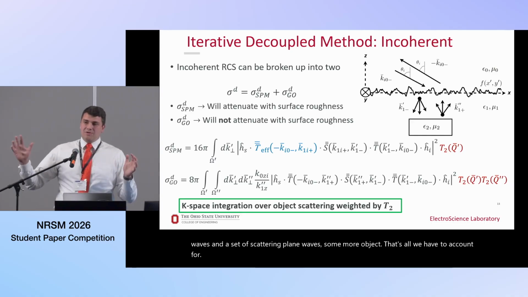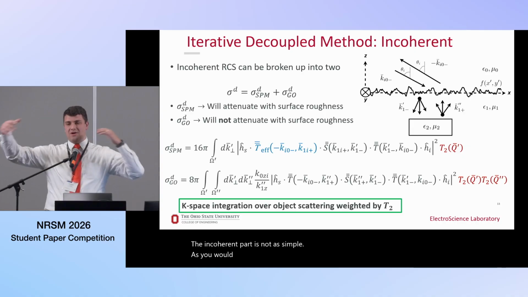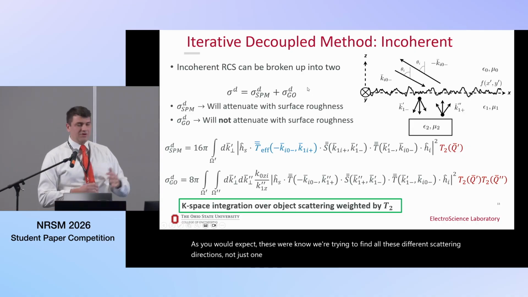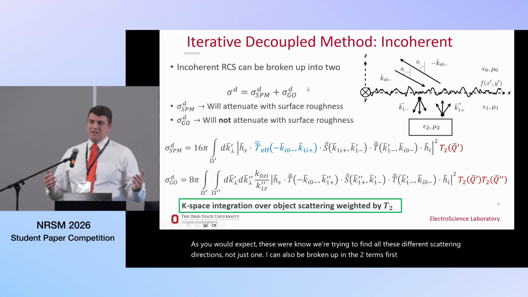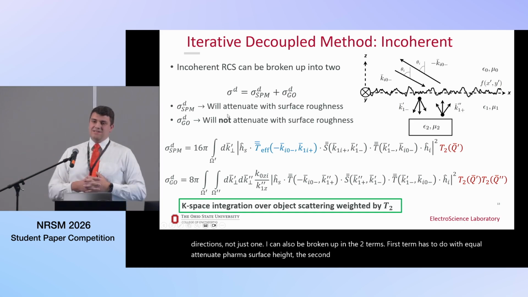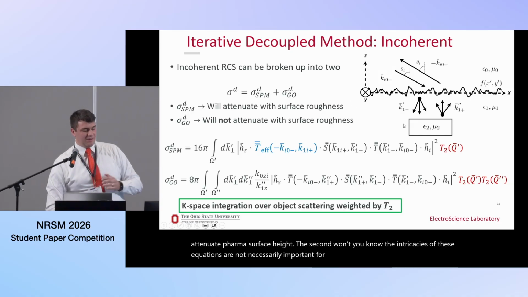The incoherent part is not as simple as you would expect, because we're trying to find all these different scattering directions, not just one. It can also be broken up into two terms. The first term will attenuate with RMS surface height. The second won't. The intricacies of these equations are not necessarily important for this talk, but what I want you